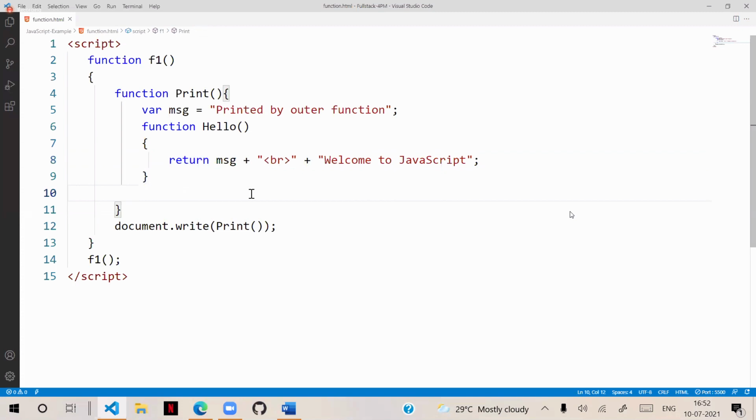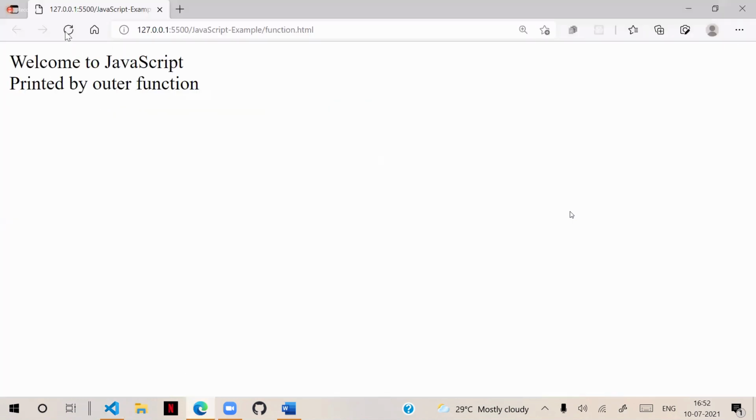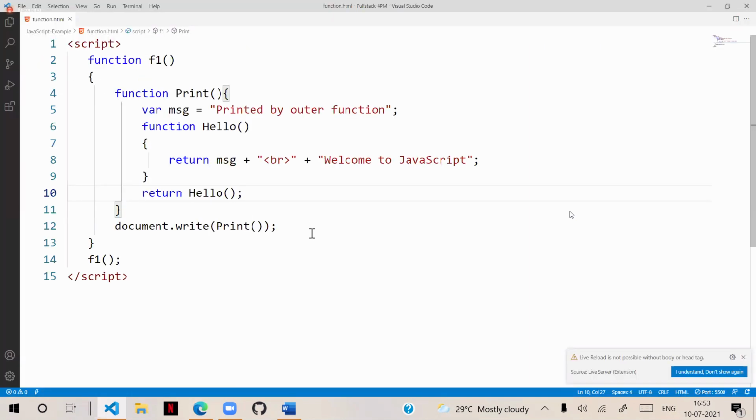But the inner function's value is not accessible to the outer function. So how can we make it accessible? We need to return it. Return that hello, and it is able to handle that functionality and display it. So this is the approach of a function closure.